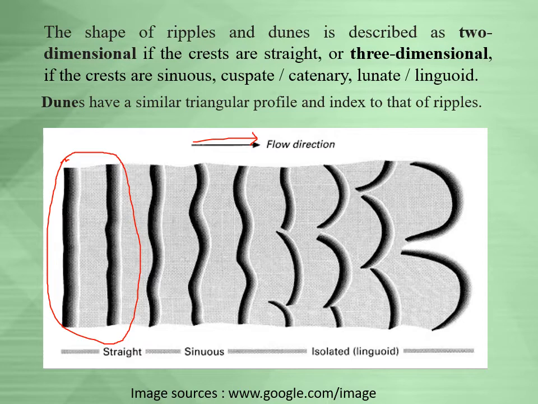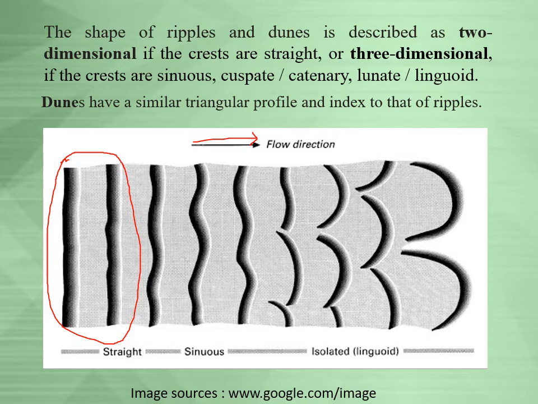So if you find that the crest lines are straight crested, you can say that the flow energy condition is low. When you find sinuous or catenary or cuspate crested ripples, you can say the flow energy condition is medium. And when you find isolated lunate or linguoid types, you can say that the flow energy condition